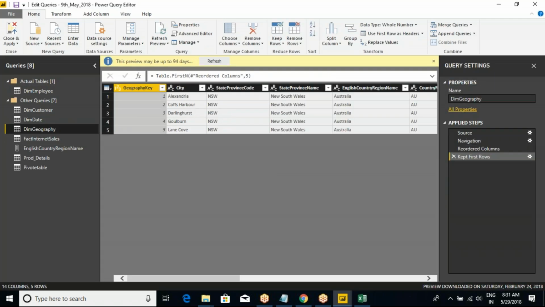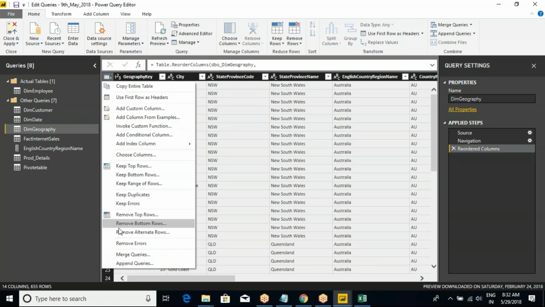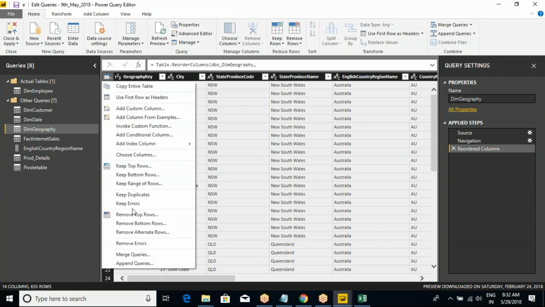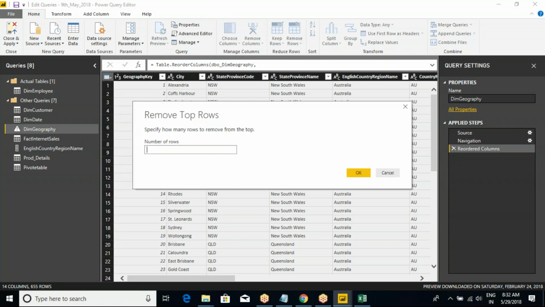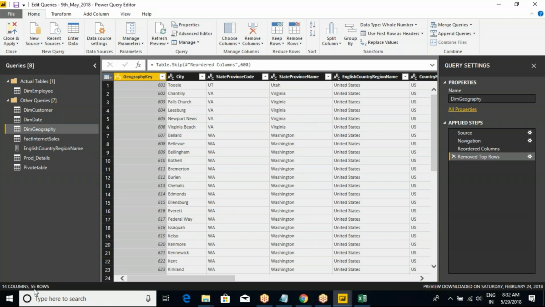Now, in the same way there is one more concept here. Instead of keep, there is a remove option also available. Remove is nothing but, for example, top, it will completely delete. For example, how many records are available now? 655 rows, right? For example, I'm just removing the top 600 records. Okay, click on the OK button. Now you will see only 55 records are available. Now if you close and apply,